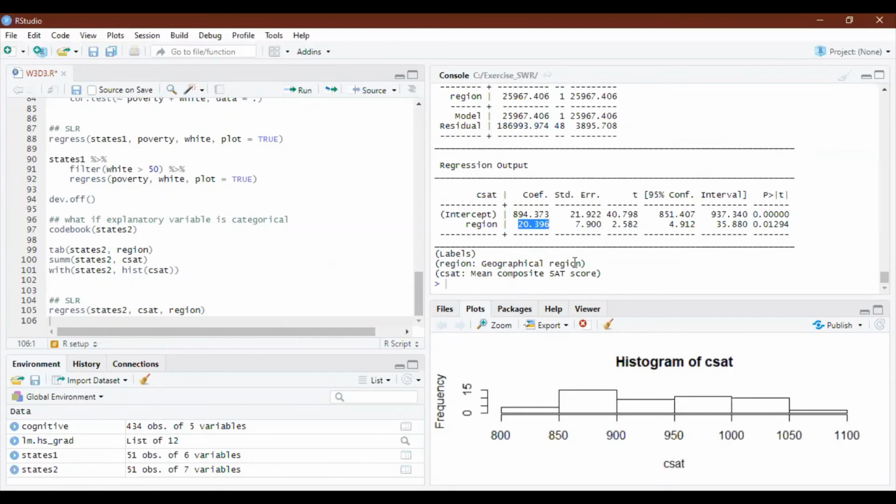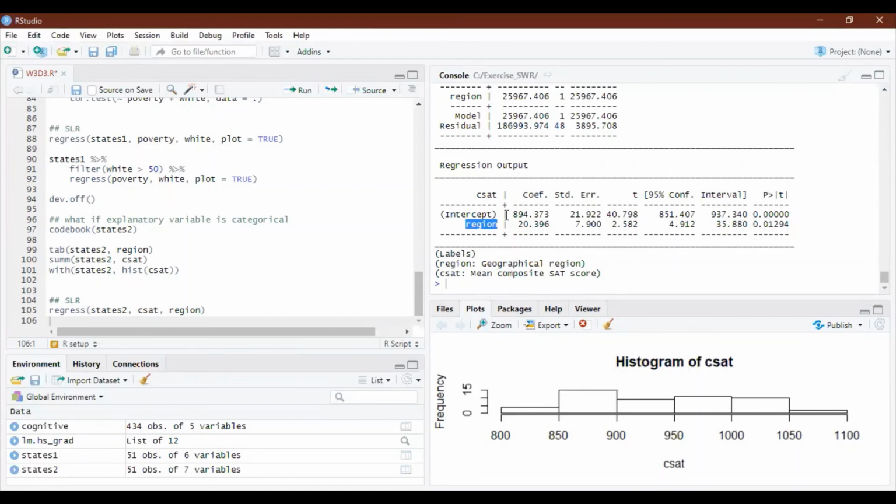This is not wrong, but it is not the answer we want. Okay, because we want to have category. We have 4 levels of category, and we want 3 slopes here. Which is what we expected, but R treats this as a number, as a numerical variable, and spits out one coefficient. So basically it's quite difficult to interpret this when it is treated as a numerical variable,